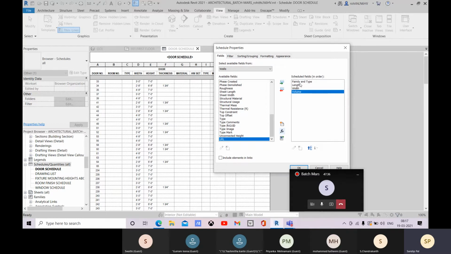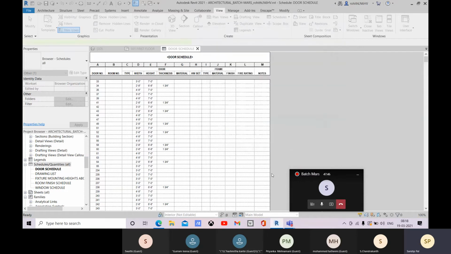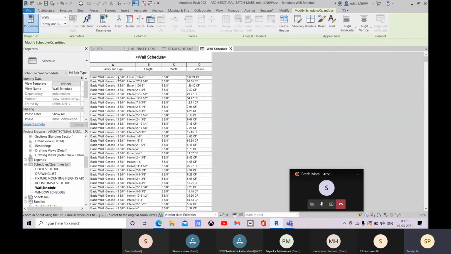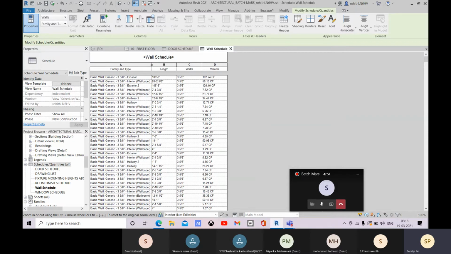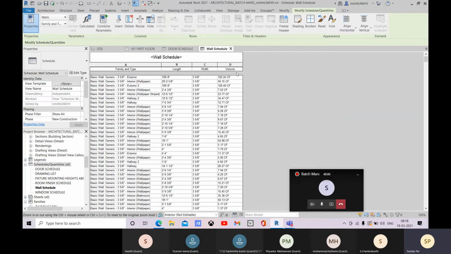First of all, let me go with the normal fields. Let's click on OK, and here you can see it is created. This is the type, this is the wall we have applied, this is the length, this is the width, and this is the volume.